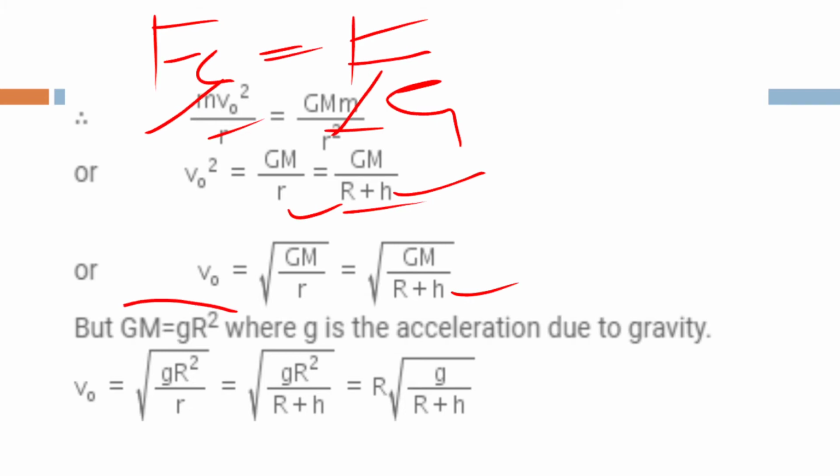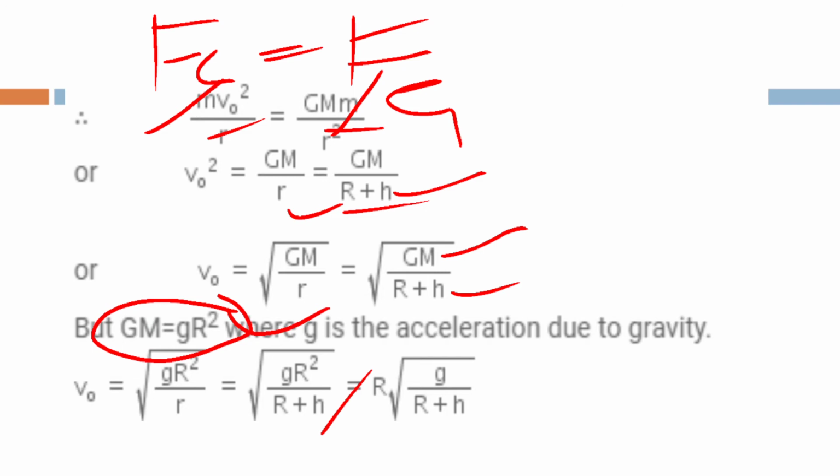But as you know, by the gravitational force equation, you have to take GM equals gR square. Here g is the acceleration due to gravity, you already know. I have substituted gR square in place of GM and (R plus h). Here R square is taken outside from the square root, you get at last R into